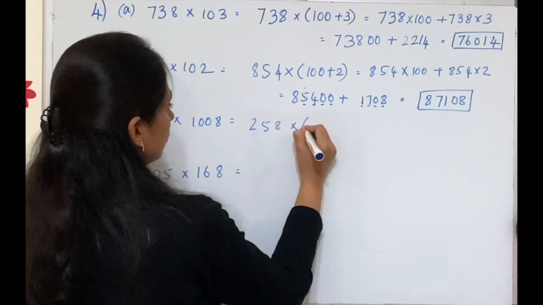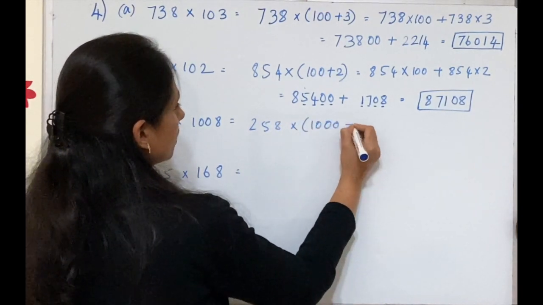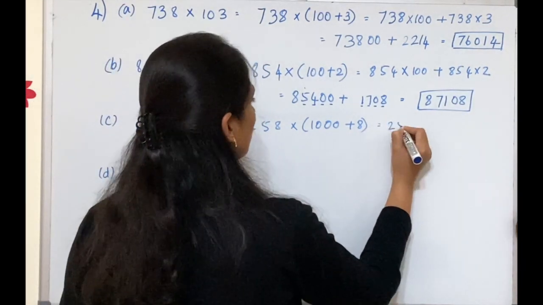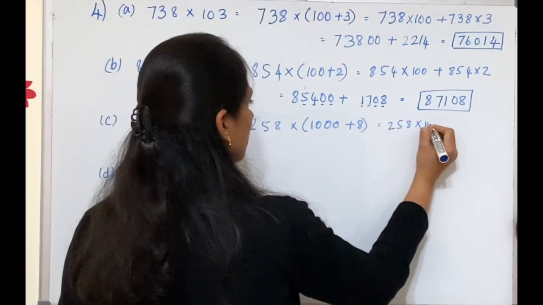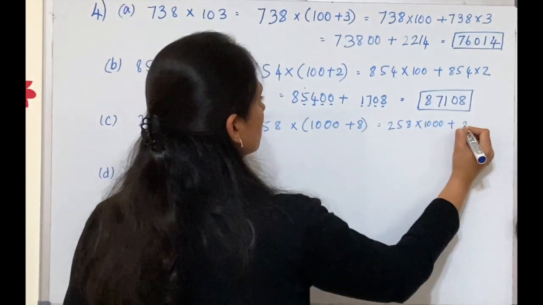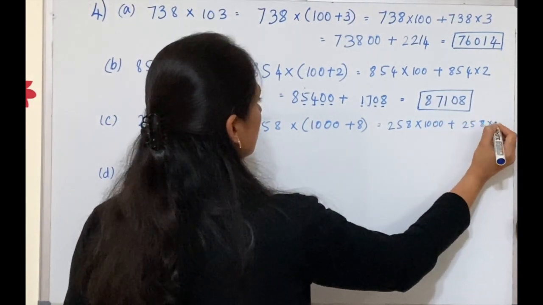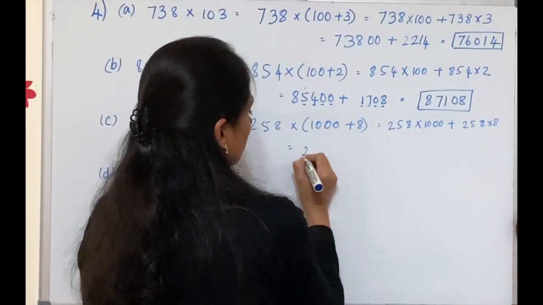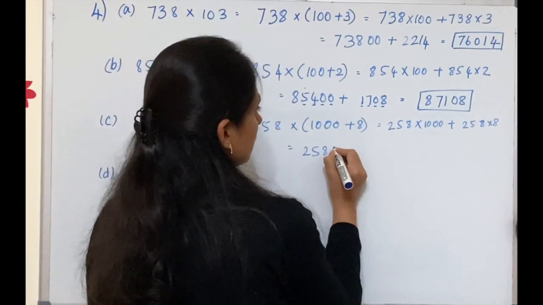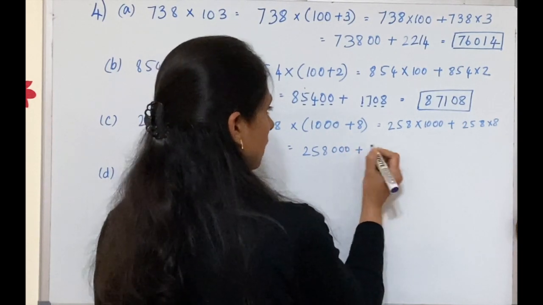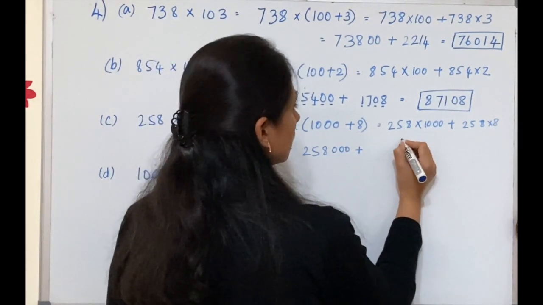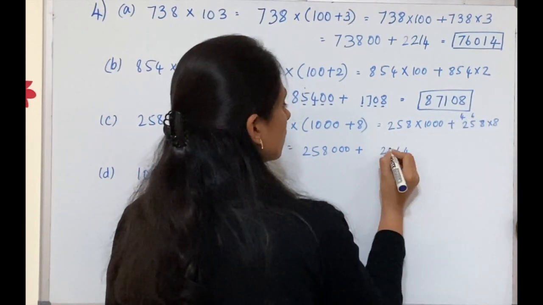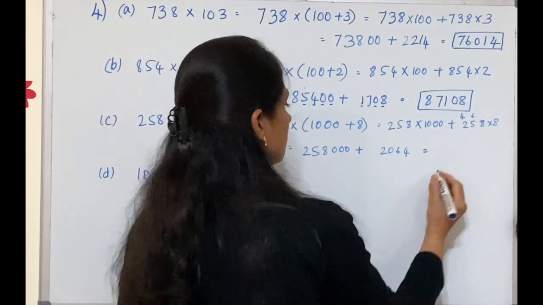258 into 1008. This is nothing but 258 into 1000 plus 258 into 8. This becomes 250 plus